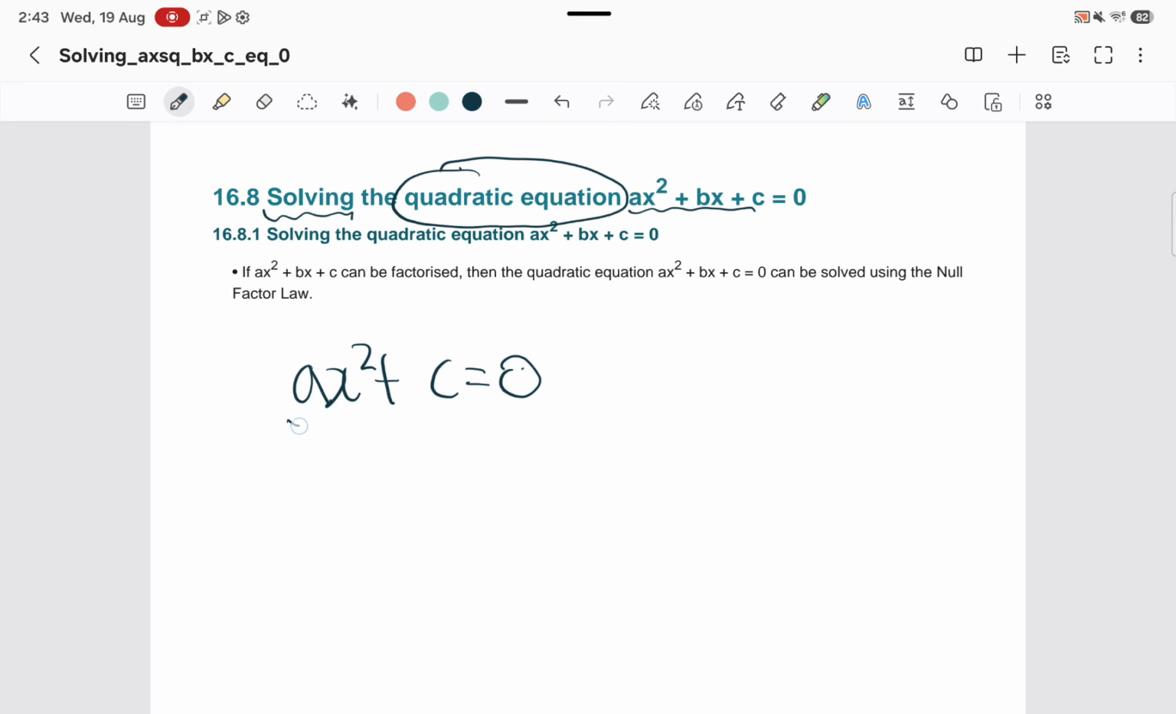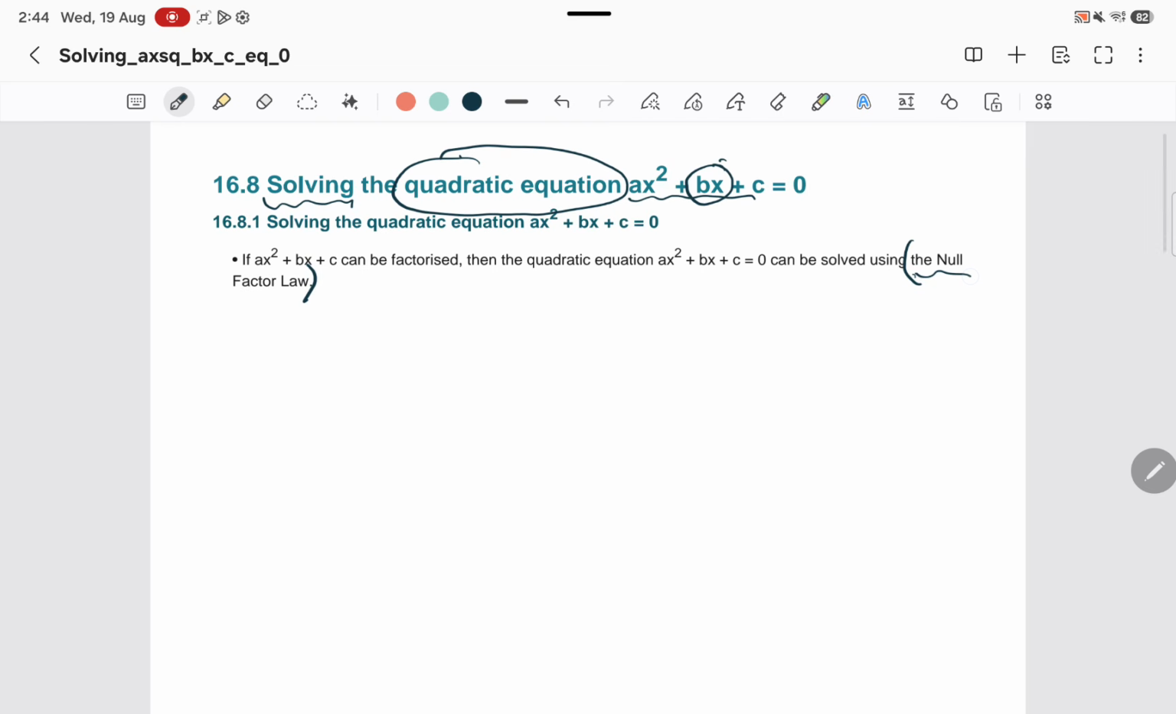So now we have bx. Let's get into it. There's no new concept for this, except maybe the null factor law. You might be unfamiliar with this term, but it's something I've already mentioned in a video. I can't remember when it was, but